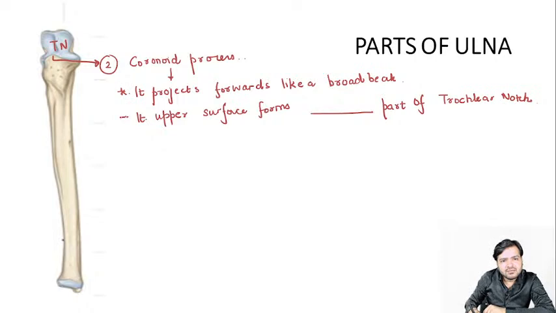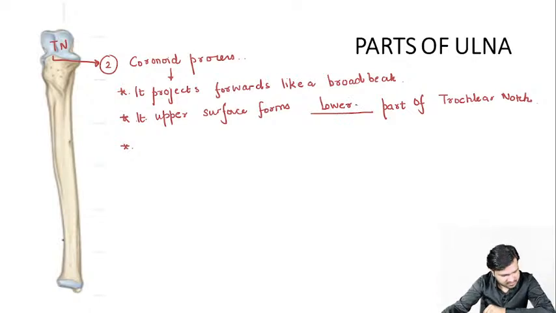This is the first point, this is the second point. Write down the third point, that its anterior surface, lower, very good. Albaz, Osama, Prikshit, perfect beta. Its upper surface forms the lower part of the trochlear notch. Perfect Rimsha. Apart from that guys, remember one more thing, that its anterior surface